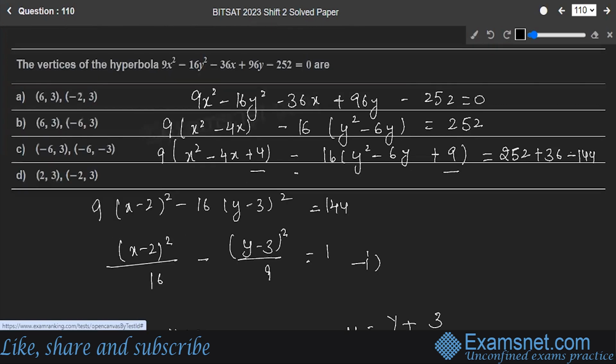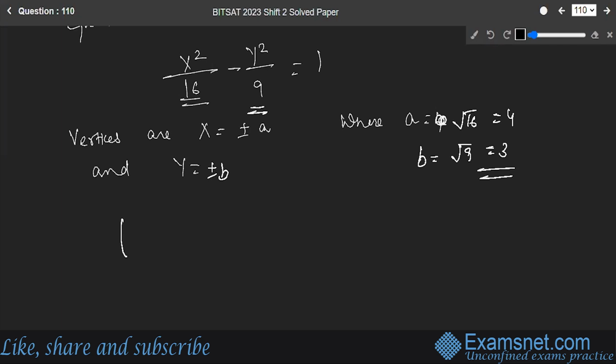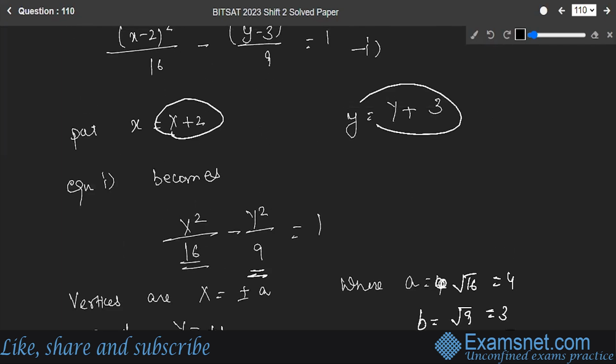No, sorry, y is not 0, y is equal to plus minus b. So here b is equal to, what is 4? This is root of 16. And here the b is equal to 3. So the two vertices are from here. It is x plus 2 and y plus 2. So x minus 2 is equal to x, or simply x is equal to,